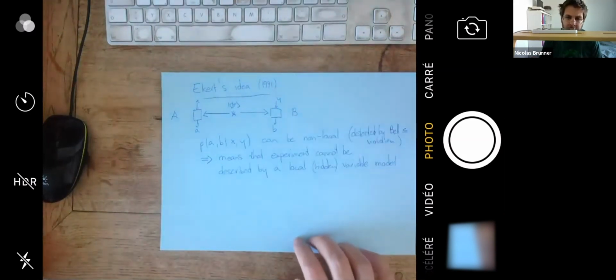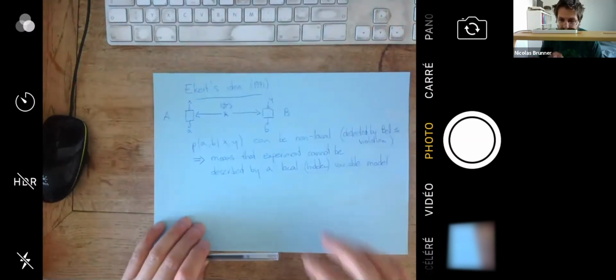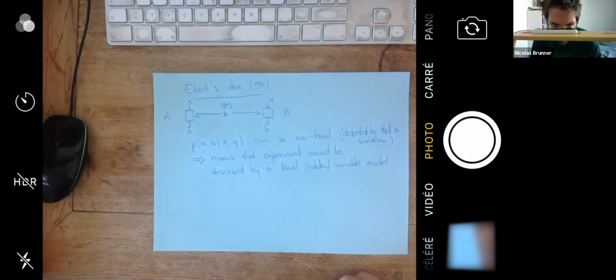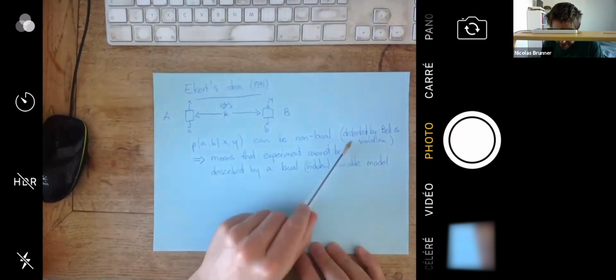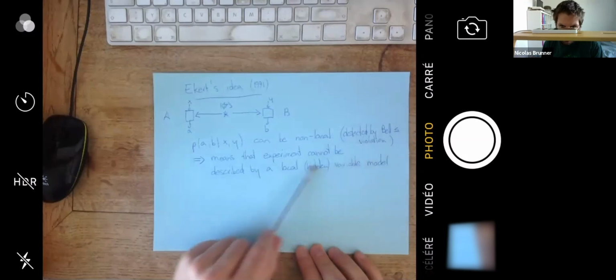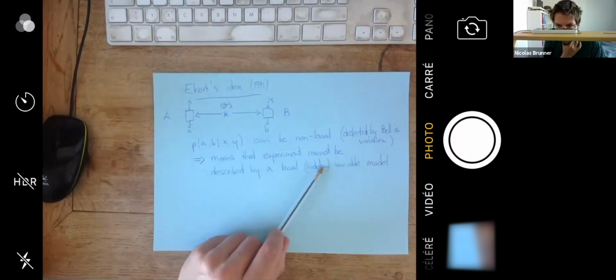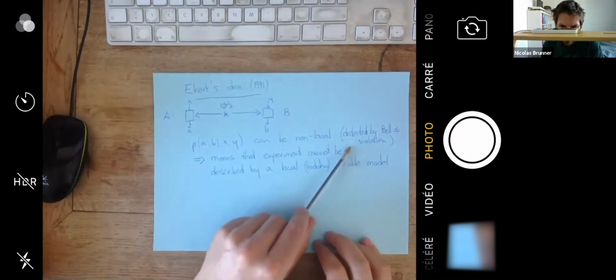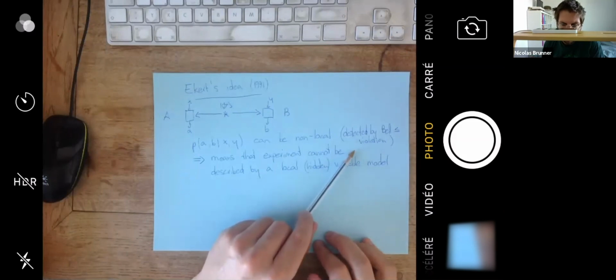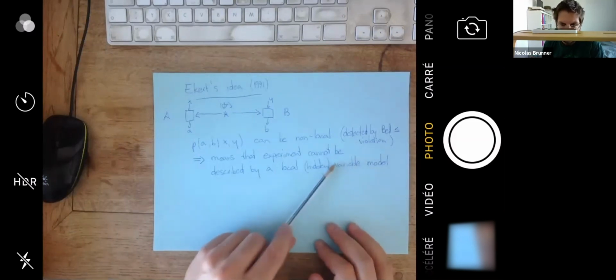Now here is the idea of Ekert, which is quite a brilliant idea. Instead of thinking, what does it mean from a fundamental point of view, this effect of quantum non-locality, Ekert thought, what can I do with it? Because it's there. Of course, it's interesting to think about the nature of this problem, but let's be more pragmatic. Let's think what we can do with it.